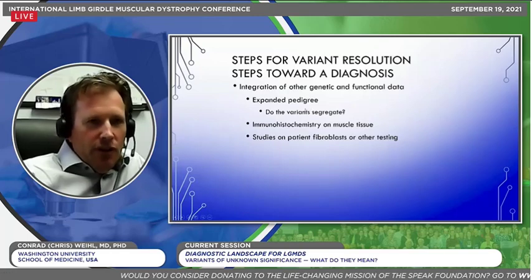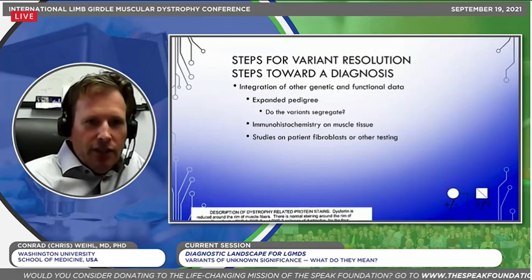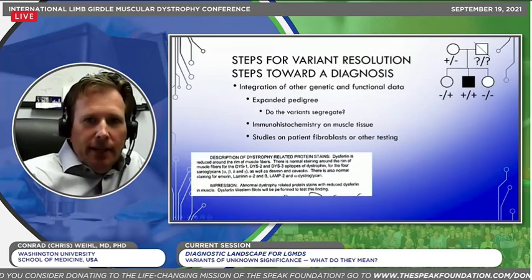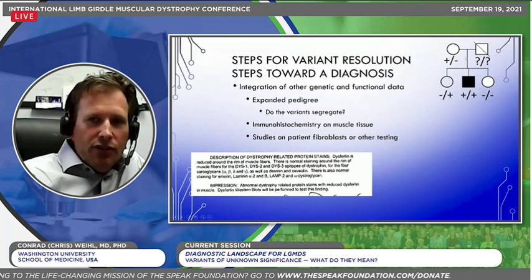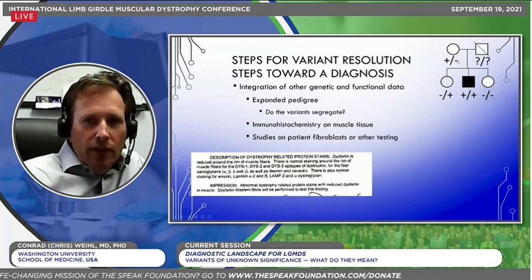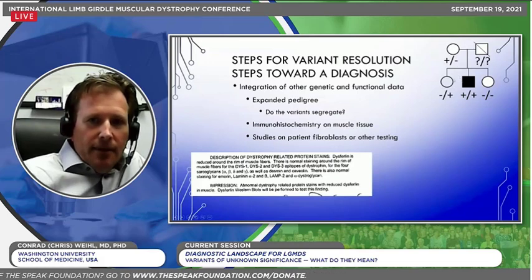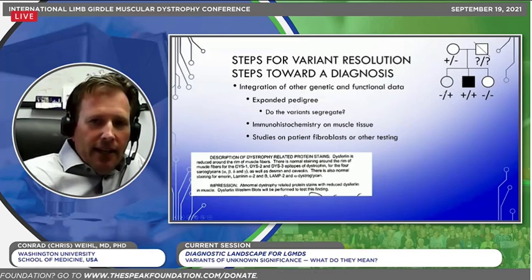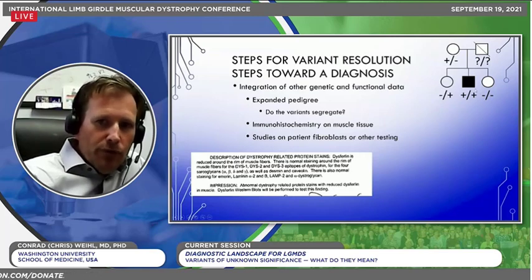Are these mutations on different chromosomes? I don't know that from just doing a single patient. And so we expanded the pedigree, and we found out his father had already passed away, but his mom had one of the mutations in the calpain-3 gene. His sister was a carrier, and the other sister was unaffected. So these were unaffected patients, and it would make sense they were unaffected because they didn't hold both those variants